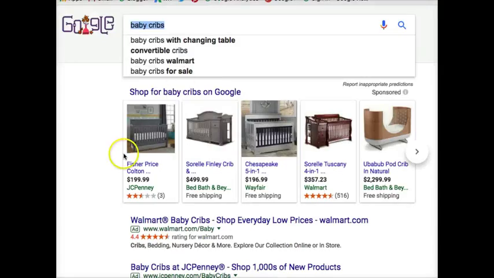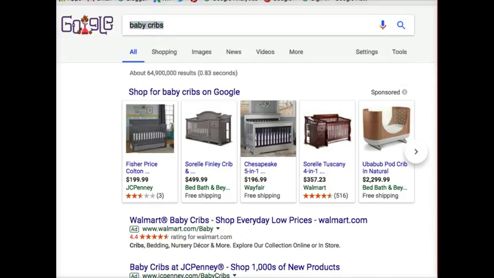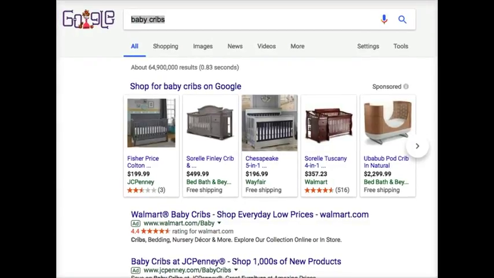When we look at a search on Google, first understand that Google is the biggest search engine in the world. More than 60% of traffic, when somebody searches for something on the internet, Google has more than 60% of those visitors. They're going through Google.